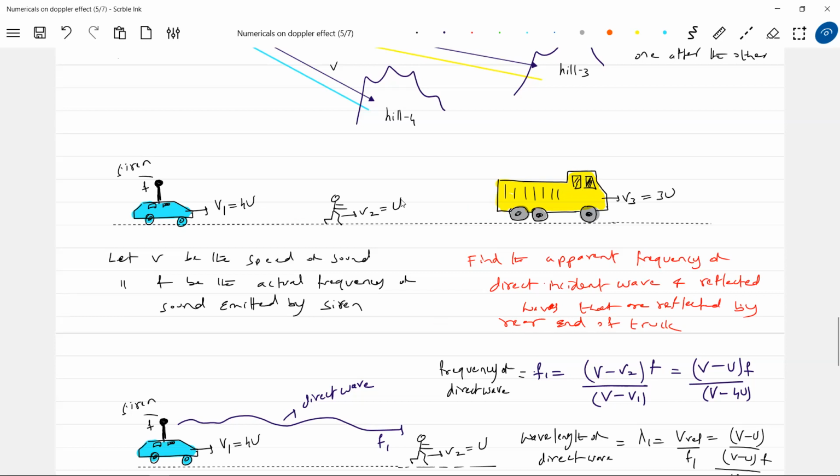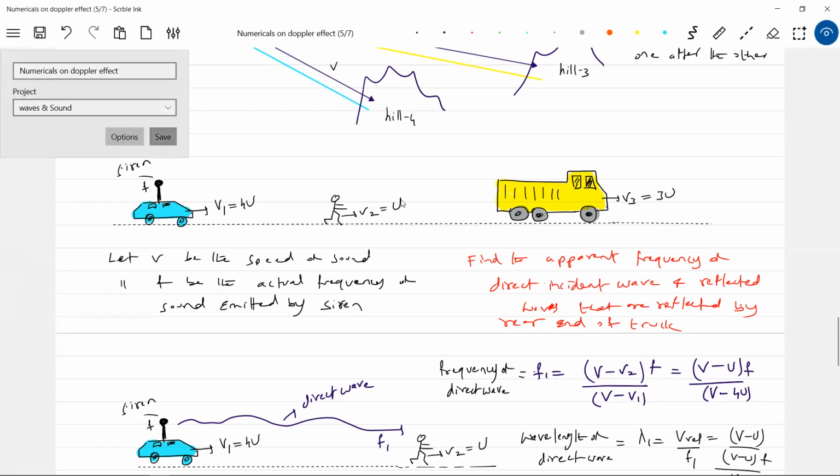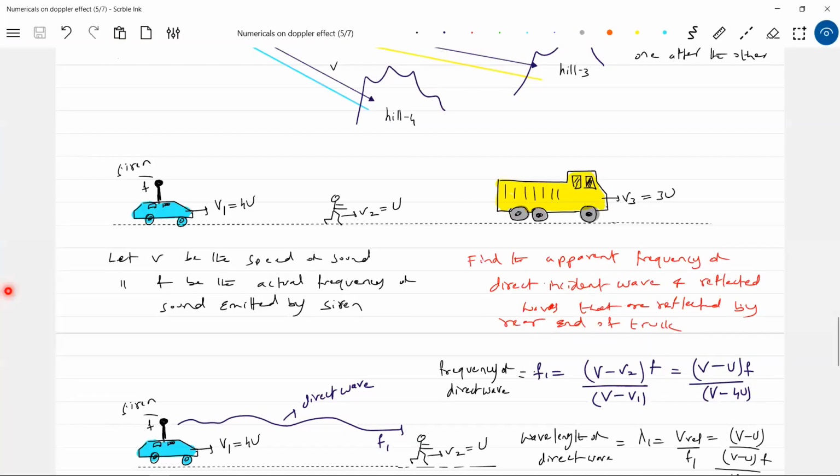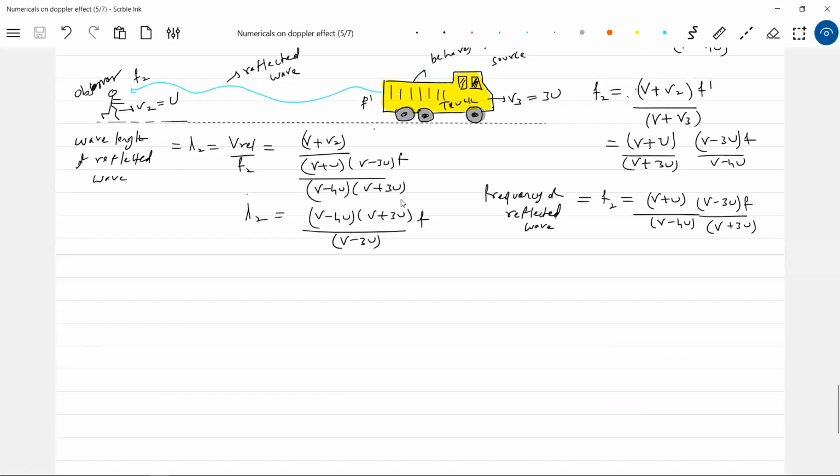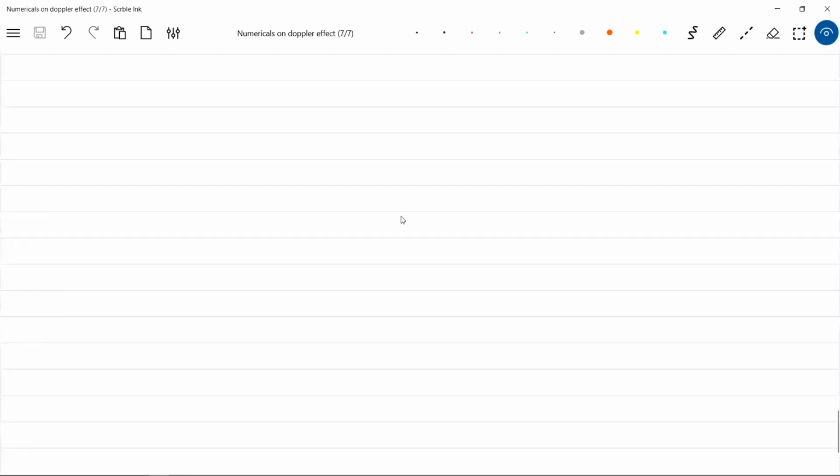Make a practice of getting the wavelength. Once you know the apparent frequency, you can get the wavelength very easily. So just try to assume different cases. If the person moves towards left in this problem, some changes will come. Again, the same Doppler effect formula. Next, if we have a situation where